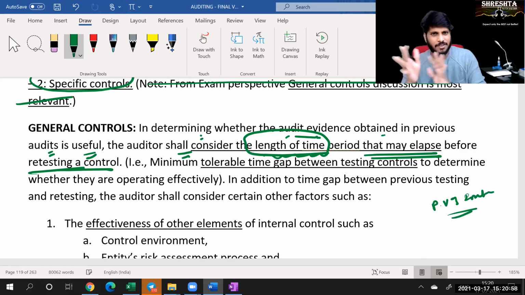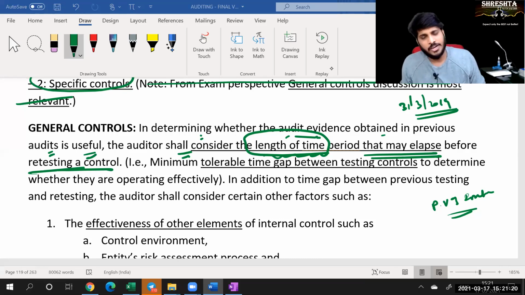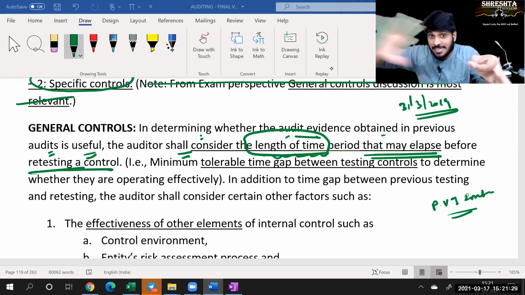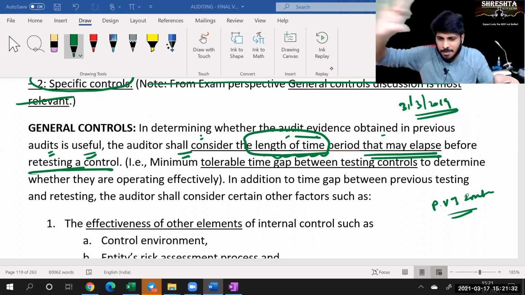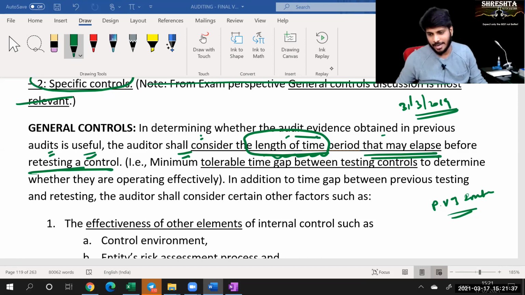Generally, take physical verification of inventory. Every one of you knows physical verification of inventory. One time if you do physical verification, will it be enough? Don't you ever do it in your lifetime again? Suppose on 31st March 2019, I did physical verification of inventory. Tell me, all of you, look at the date clearly: what is the next possible date? That is the date beyond which you cannot postpone, the maximum possible date. Tell me, what is the maximum duration?